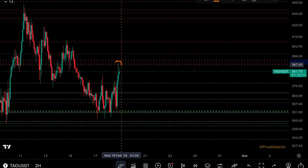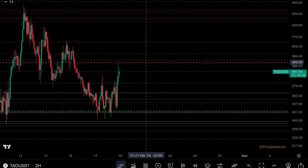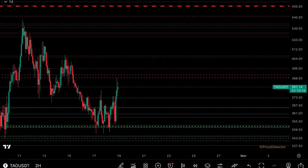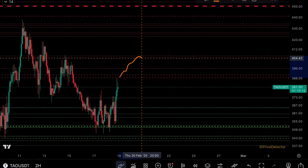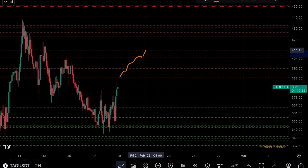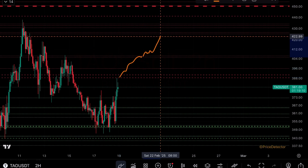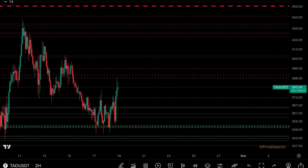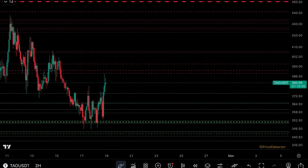Now it's trying to challenge the moderate resistance at the 390 mark. Once we overcome that, the next level of resistance should be around the 405 mark. If we manage to successfully overcome that, the next level of resistance above is only at the 420. So we do have a gap that we can utilize and profit from if we buy correctly, as in buy